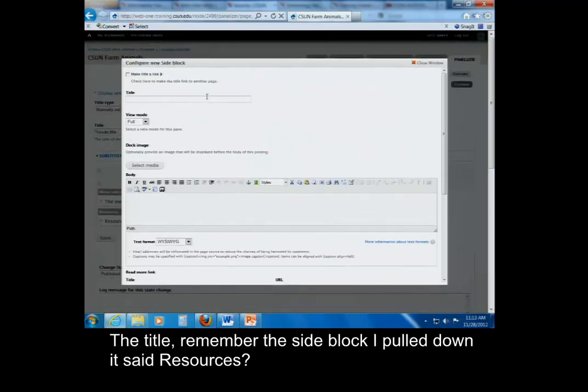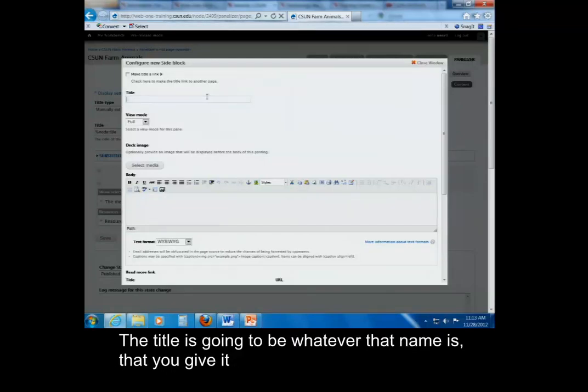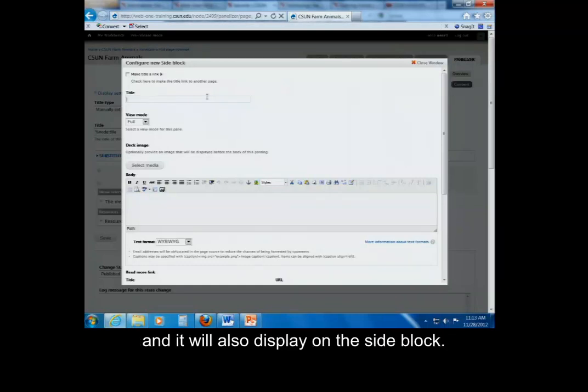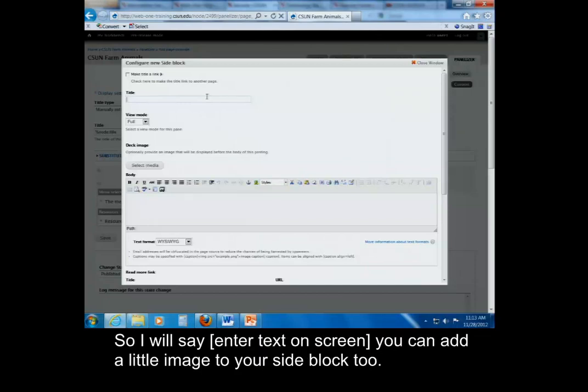The title, remember the side block I pulled down, it said Resources? So the title is going to be whatever that name is that you give it, and it will also display on the side block. So I will say,